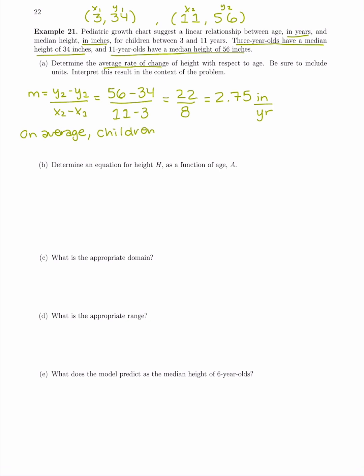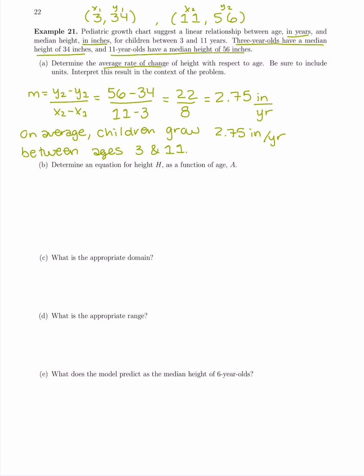children's heights increase, or I could just say children grow. We got a positive slope, so their height is increasing. So children grow 2.75 inches per year, always two units on slope. And this is just between ages 3 and 11. Because like I said, if we looked at other ages, there might not be such a